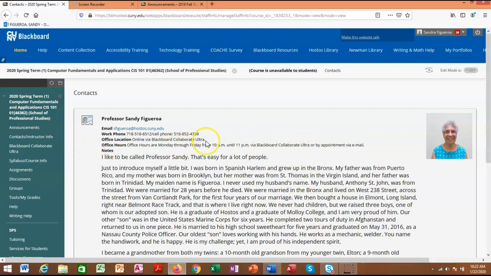If the hours on Blackboard Collaborate don't work for you, send me an email or text me with the hours that work best for us to meet via Blackboard Collaborate or to answer any question that you might have. Many times the questions students have in the class are not necessarily something we have to work on, but there may be, especially in some portions of Excel, something that might be a little bit of a challenge. So if Monday through Friday from 10 p.m. to 11 p.m. doesn't work for you, let me know and I will arrange some other times for you.